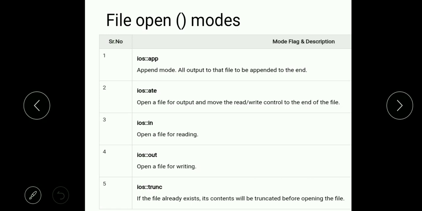Then ios::in is for reading the data, ios::out for writing the data. Then ios::trunc is used if the file already exists, it deletes the data and starts anew.